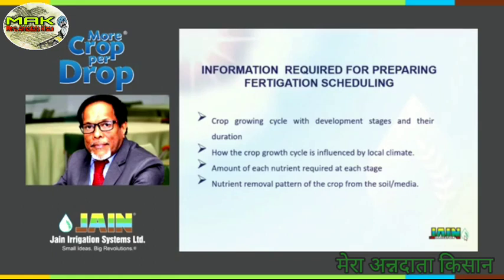Then the amount of each nutrient required at each stage. This is also very difficult. We may know how much nutrient is required for a crop like banana or a crop like sugarcane, but at each stage, what is required? Then only you can have a matching application schedule. Then nutrient removal of the crop from the soil. This is also important. We do everything right, and then we find out that some of the nutrients we apply to the soil, even through fertigation, the crop is not removing, because it found out something else is happening. You will find out as I go along how these are applied to make a fertigation schedule.